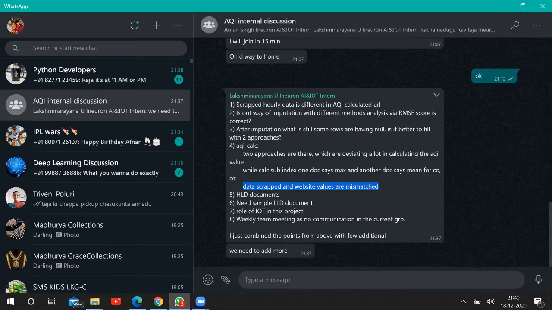This we can directly open the Excel, the first two tabs. The Excel is showing this one, and in our web page it is showing mean only, that we can even share. So yes, even this point we have to highlight.